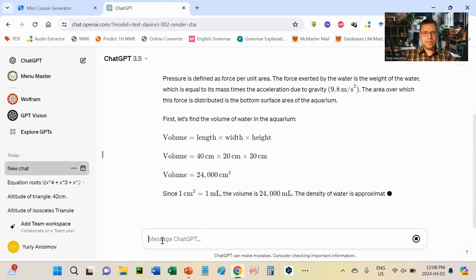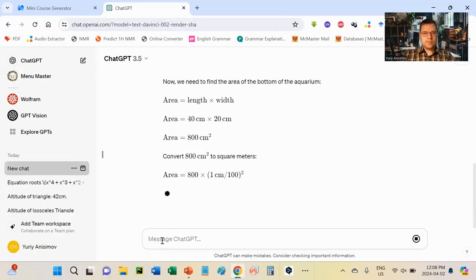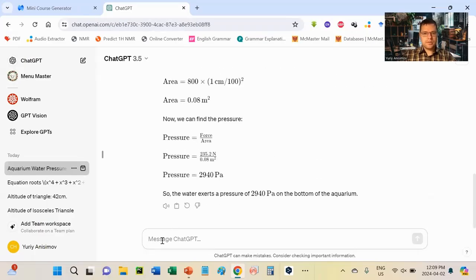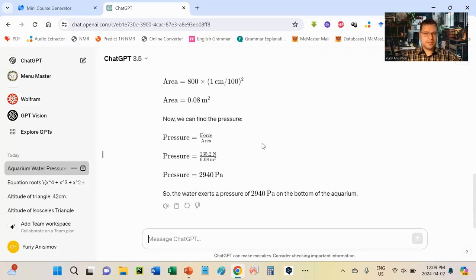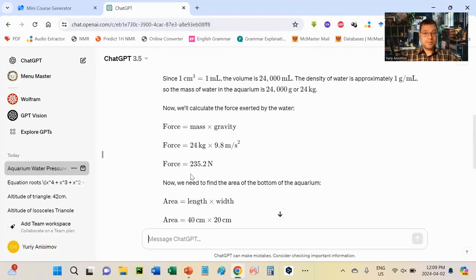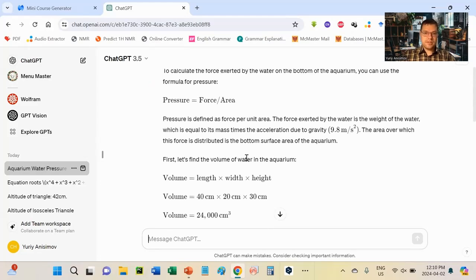Okay, pressure, force over area, that's right, volume, force mass times gravity, correct. Also the water exerts a pressure of 2940 Pascals. Yeah, but the question is not in the pressure, the question is force. But let's go a little bit above, and then we see force here as well, right? 235.2 newtons. So it has already calculated force, it understood the question correctly, however it did some redundant work with calculation of pressure. Now let's check if the force is correct actually, because I see that its chain of thoughts